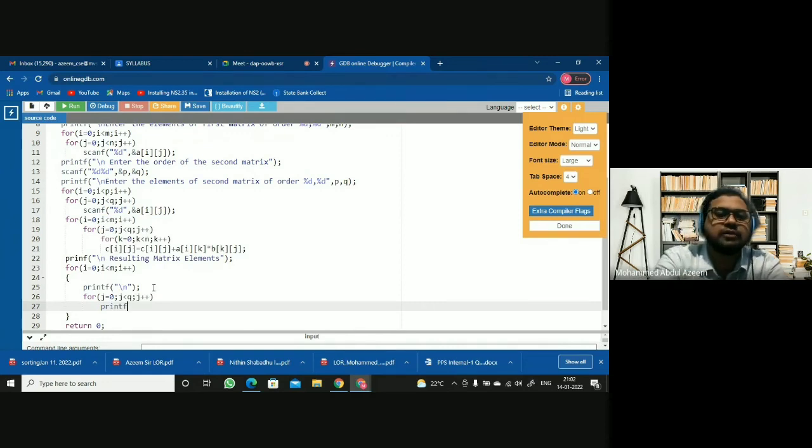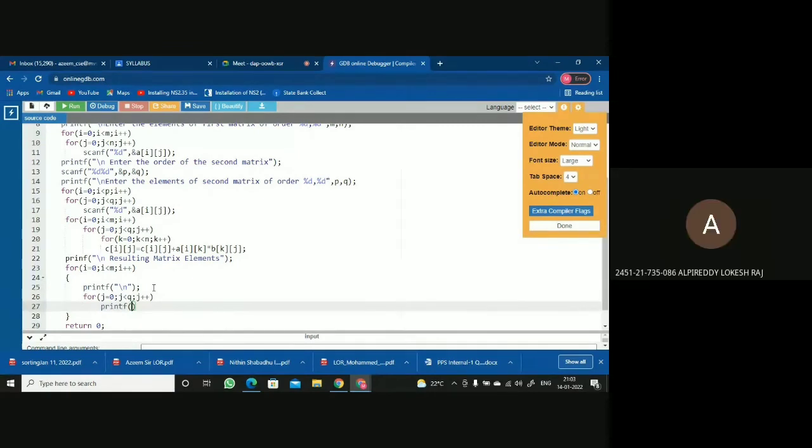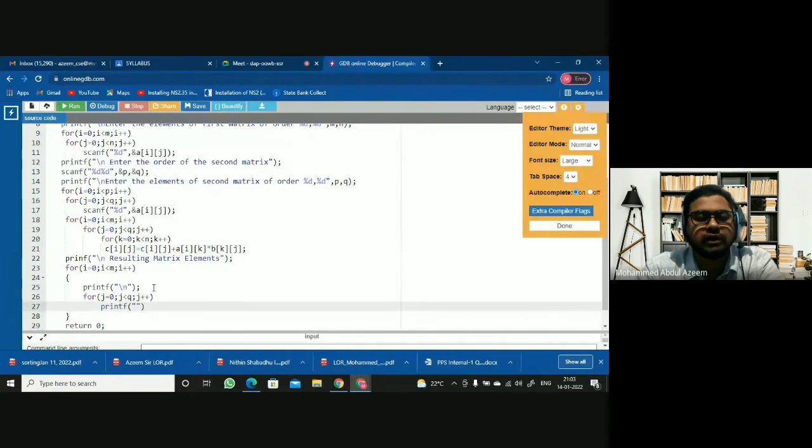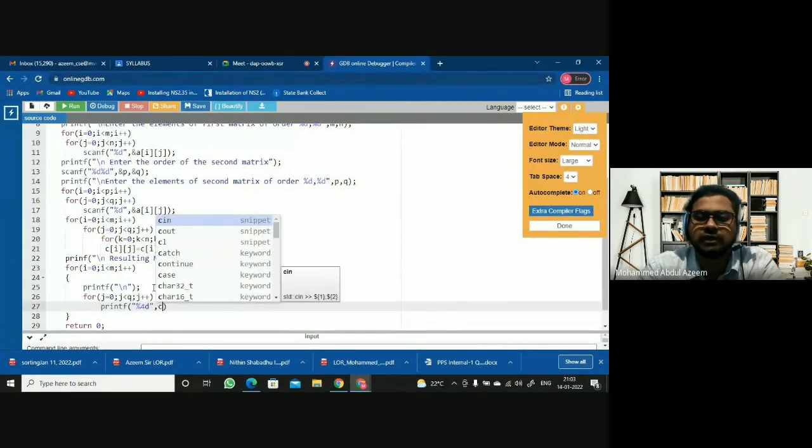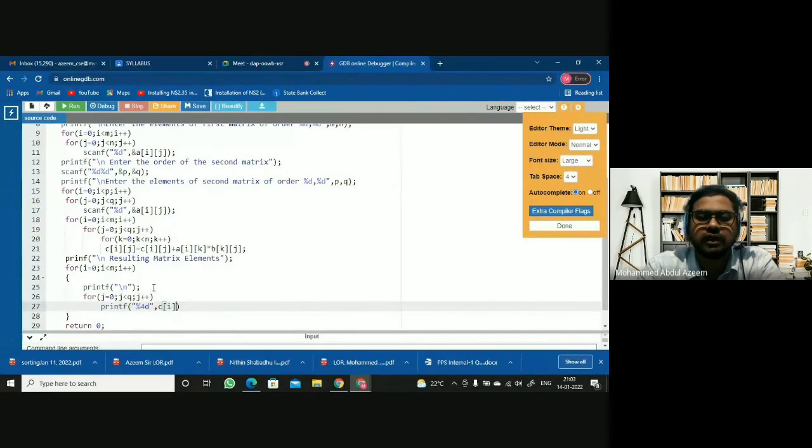While printing the element, you want some spaces in between. Okay, you can give percentage 4d, you will get some spaces in between, comma, what is the resulting matrix? That is Cij, right? Cij, semicolon, right?